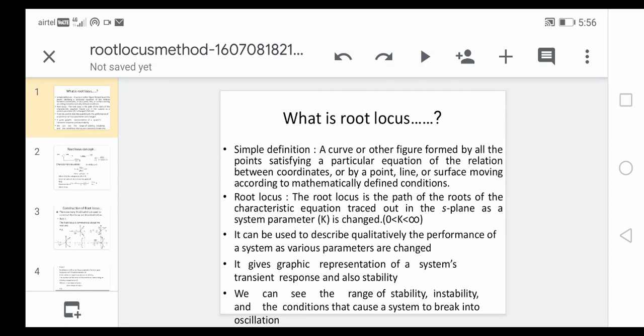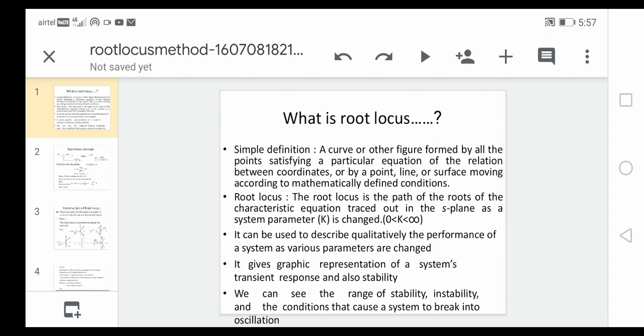The root locus is a technique to find the stability of a given transfer function for a particular system. Root locus was proposed by a scientist, who proposed some rules depending upon the value of gain k: when the system is stable, from which value to which value the system is stable, for which value of k the system is unstable, and for what value of k the system is marginally stable.